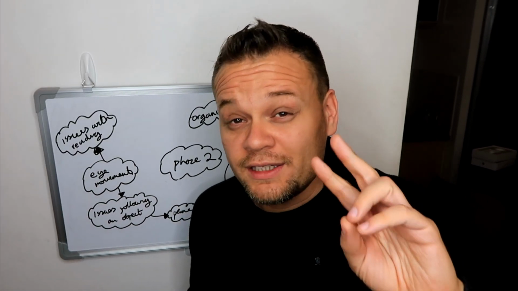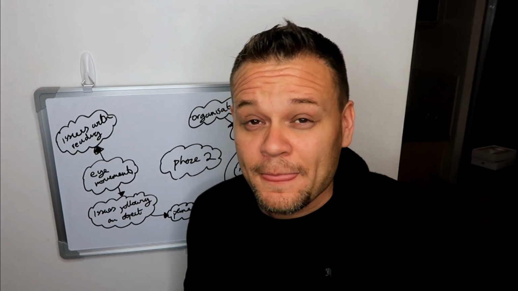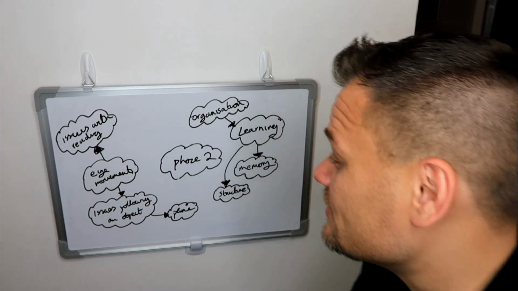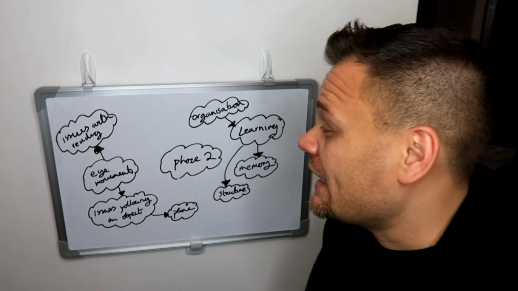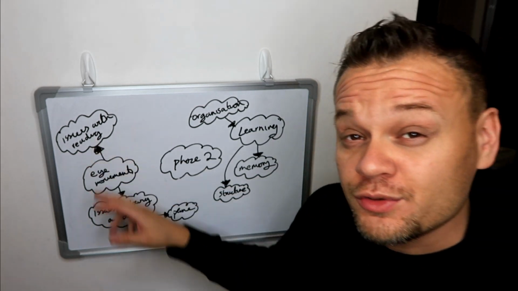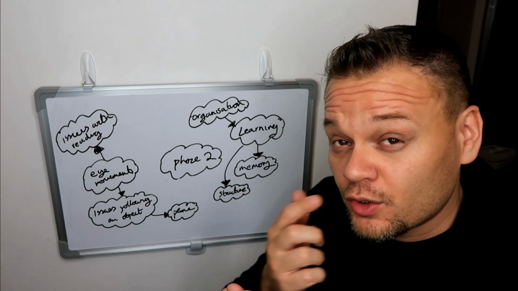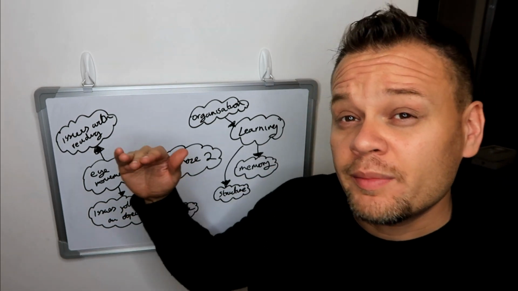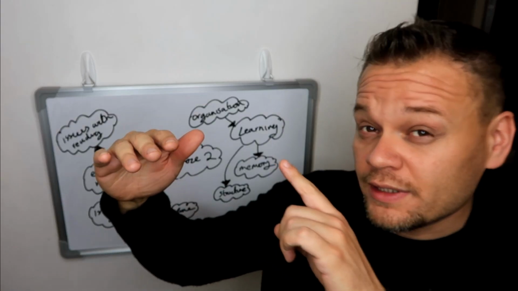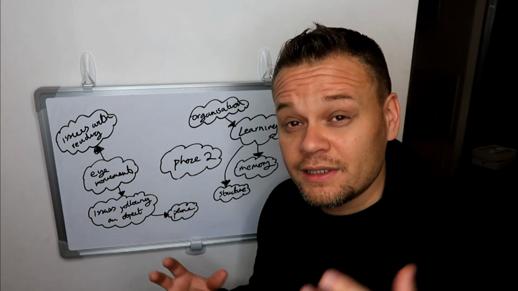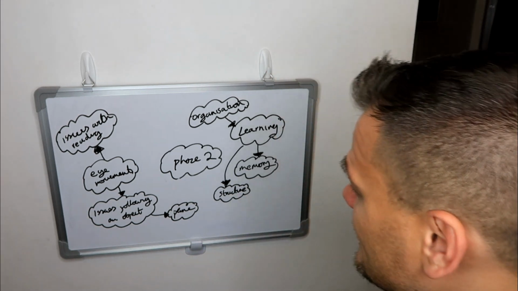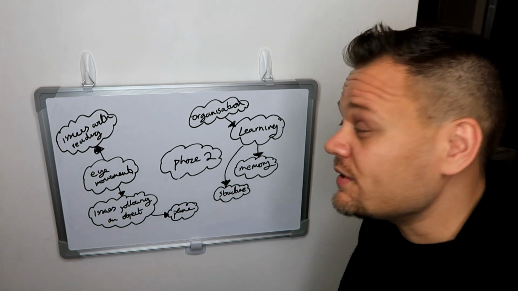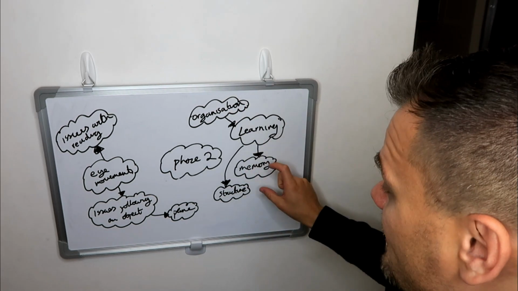We're still on phase 2 of dyspraxia, and we're going to introduce two new elements. These elements are eye movements. With eye movements, you can have issues with reading, because when you're reading, your eyes are moving, and also issues following an object. So think of a plane. When a plane moves, your eyes are moving to follow the plane. And in theory, someone with dyspraxia may have issues with this. And then the new element as well is learning. When we talk about learning, we're going to be talking about three things in particular, which is organization, memory, and structure.